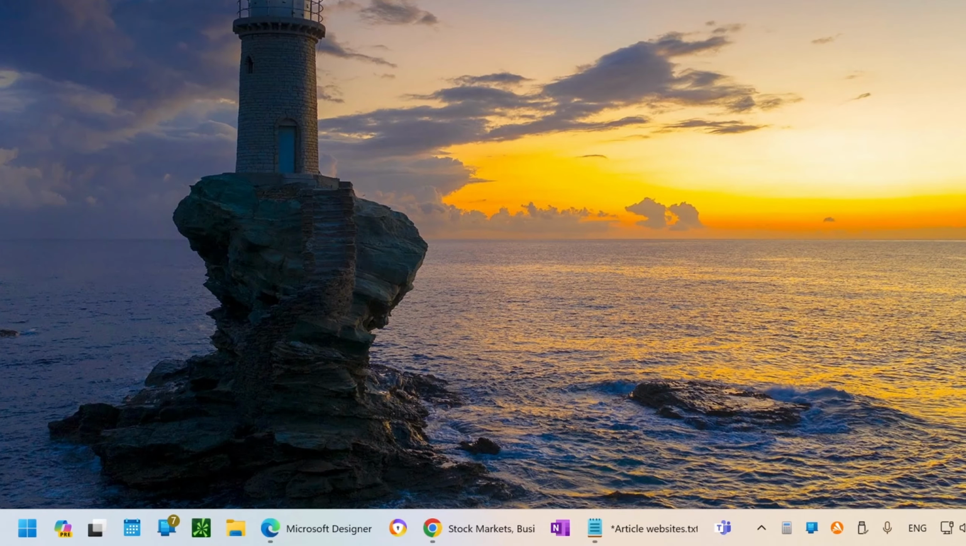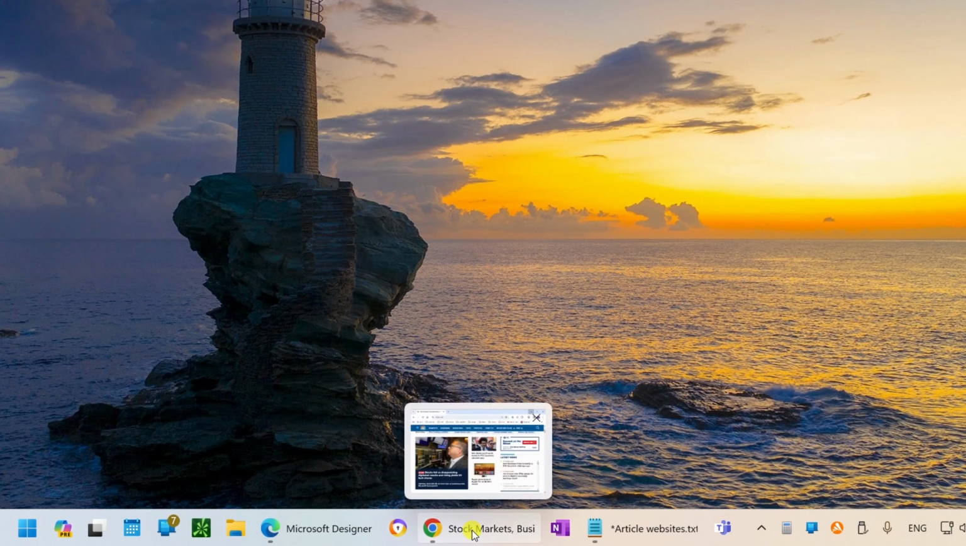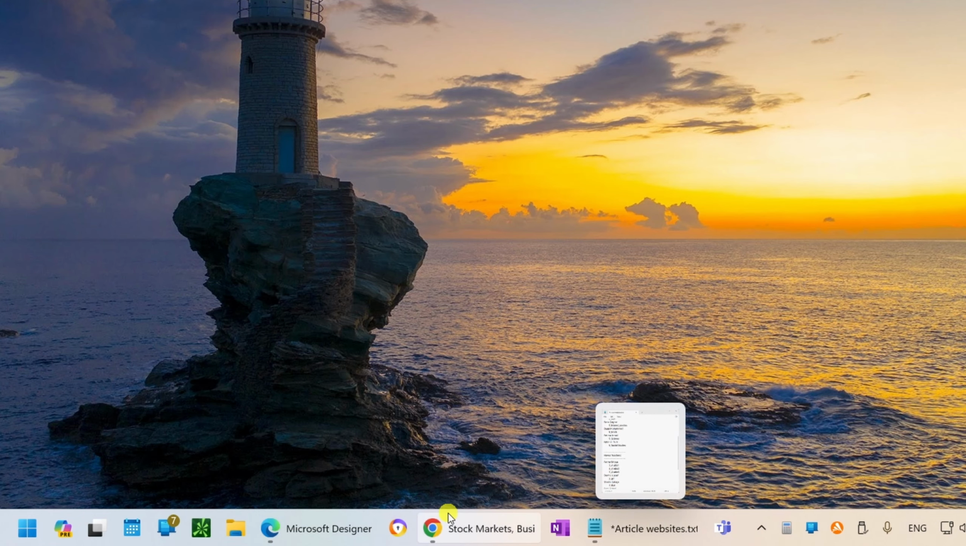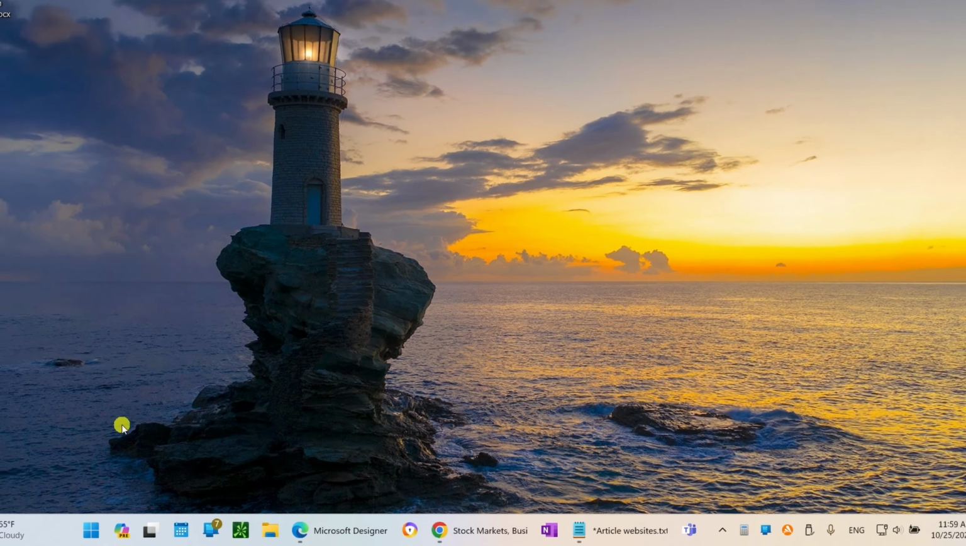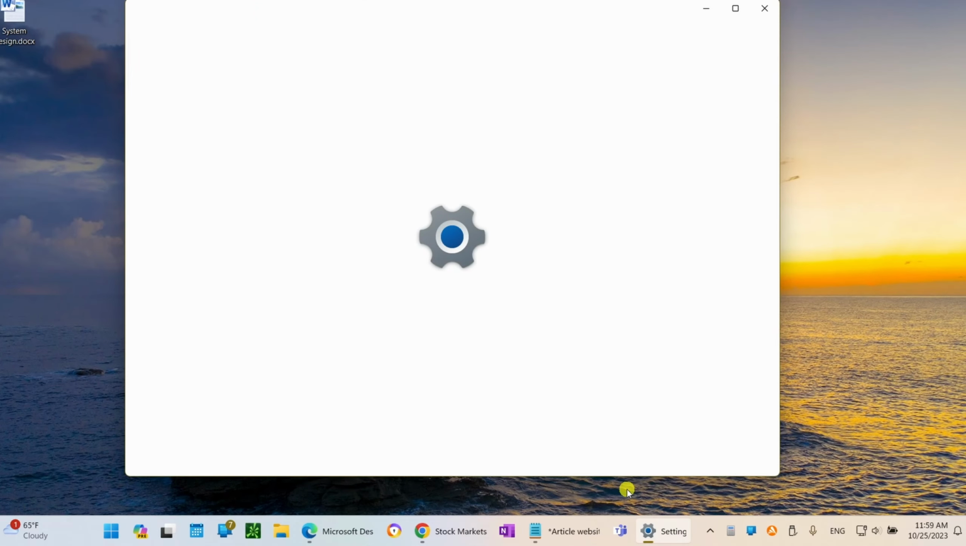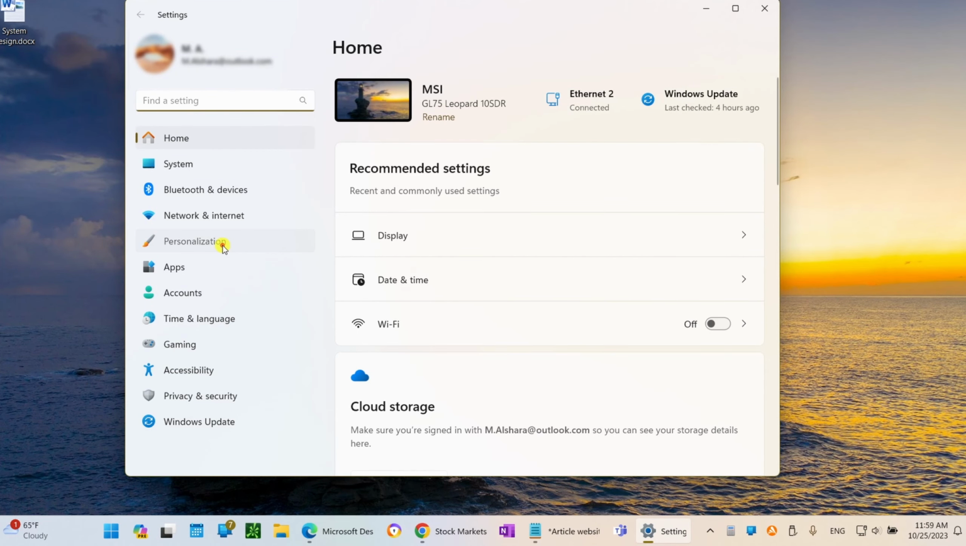And finally, Microsoft has brought back the ability to show labels in every instance of an application in the taskbar. From the taskbar, click on the Windows button and go to Settings, Personalization,